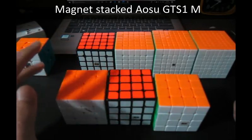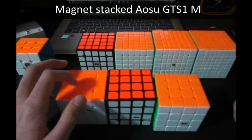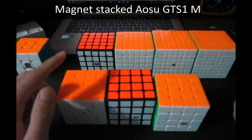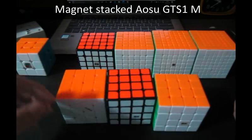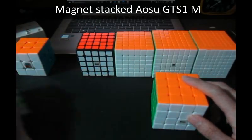I have very high hopes for the Meilong 4x4 because it's 59mm and potentially also very lightweight, which is a very potent combination, and hopefully I can make a CubeWorks premium version and make a few copies, and hopefully you can get it. But right now I feel that none of the cubes that I've borrowed actually stack up against